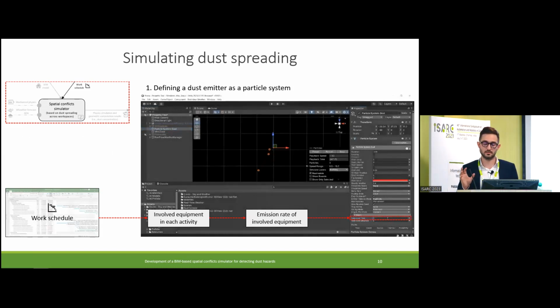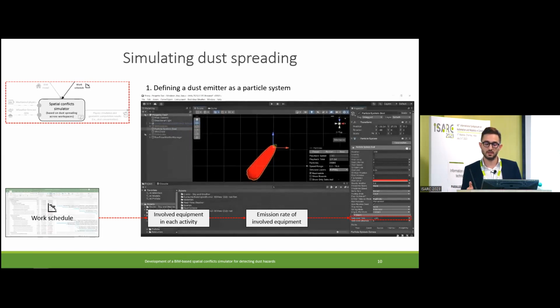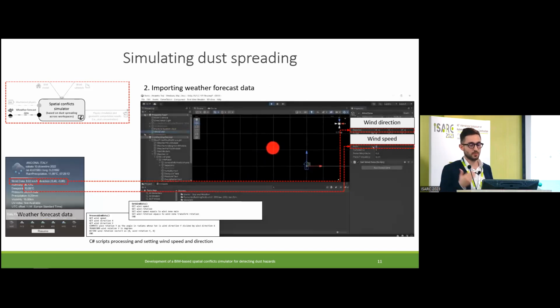We did this task in two steps. The first one is defining a dust emitter as a particle system whose emission rate is given by the equipment involved in the activities. Such information is made available along with the work schedule already imported in the previous phase required for the definition of the 4D model. And the second step consists in importing wind speed and wind direction by means of other